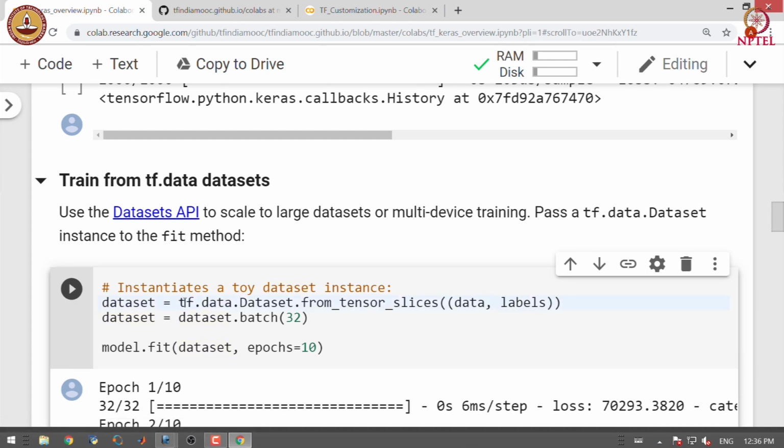We create a dataset from tensor slices where we have data and corresponding labels, and we batch the dataset in batches of 32 examples each. We fit the model for 10 epochs.